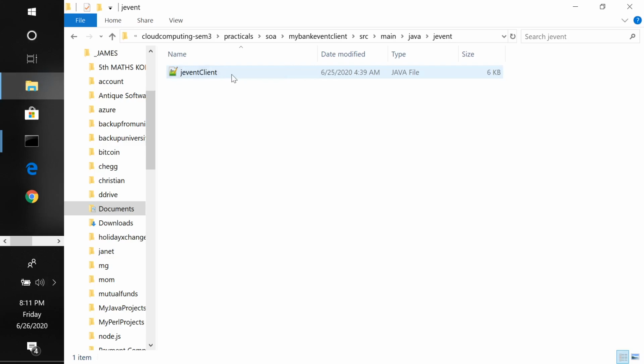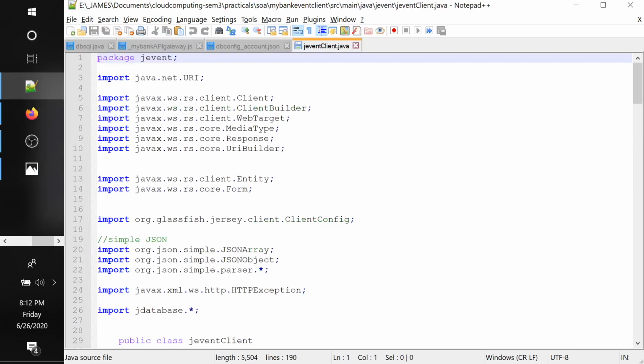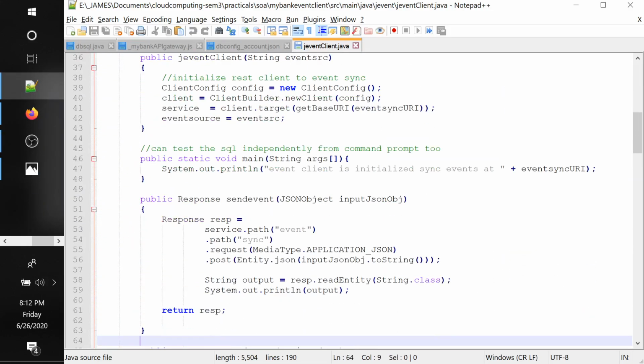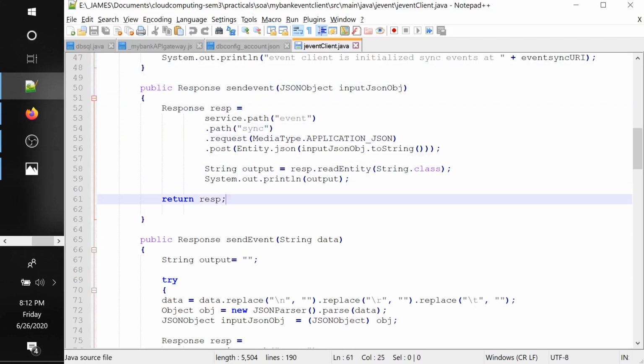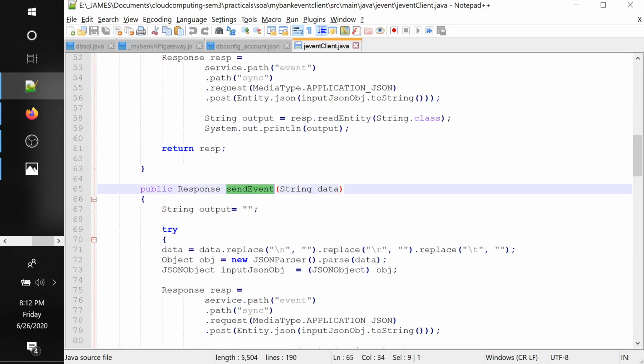If you notice, this class contains some common functions. It has one function called send event. Anytime anyone is firing a query, that query is passed through this.